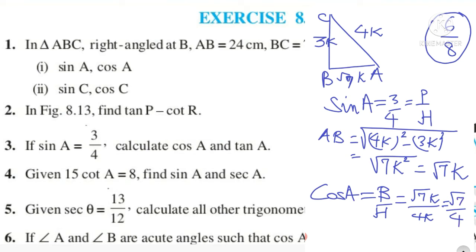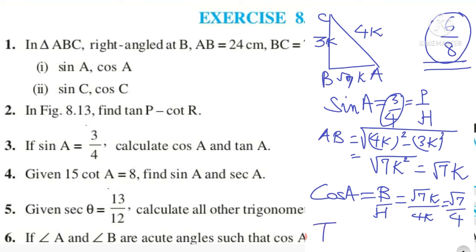See, you have to use this K factor to avoid deduction of marks in subjective exam. I have explained to you the reason why we use K factor, because we are given the ratio 3 by 4. It's not 3 centimeter or 4 centimeter. Just as in question number 1 and question number 2 we were given in centimeters, so we did not use the K factor. But here it was the ratio which was given. So I hope you are clear why we should use K factor in subjective. In objective, in MCQ, you may avoid it because ultimately it will get cancelled.